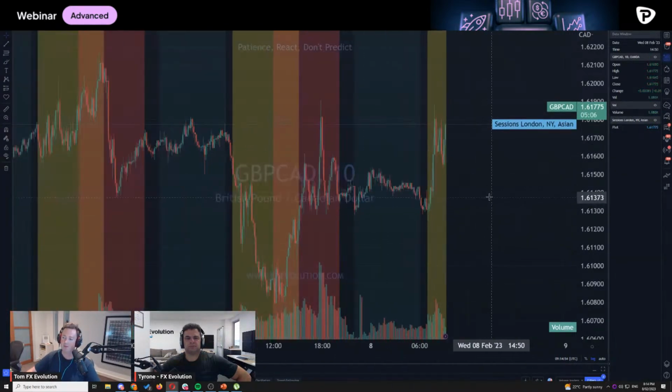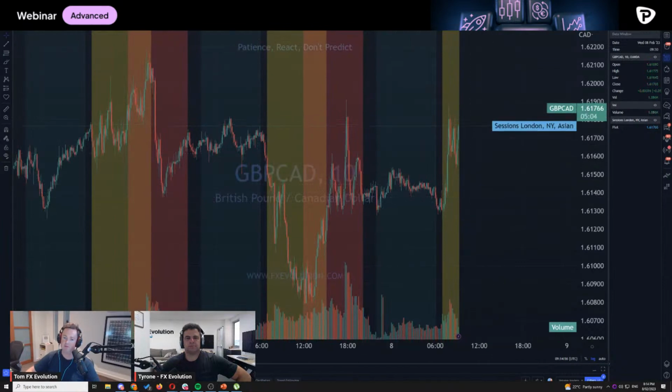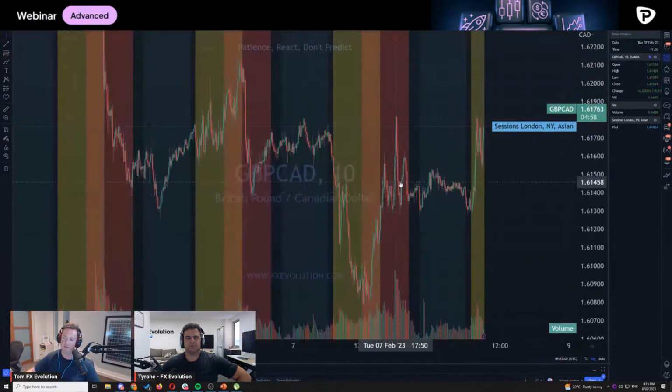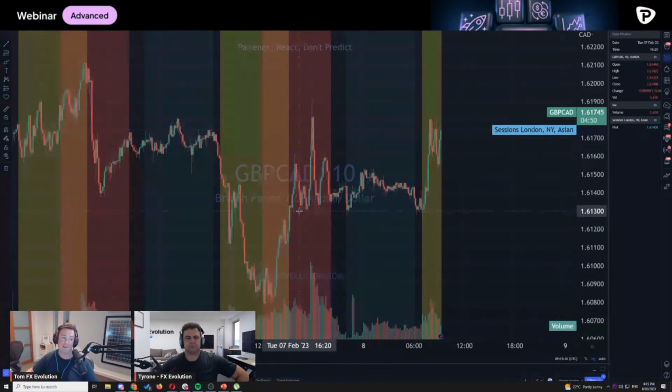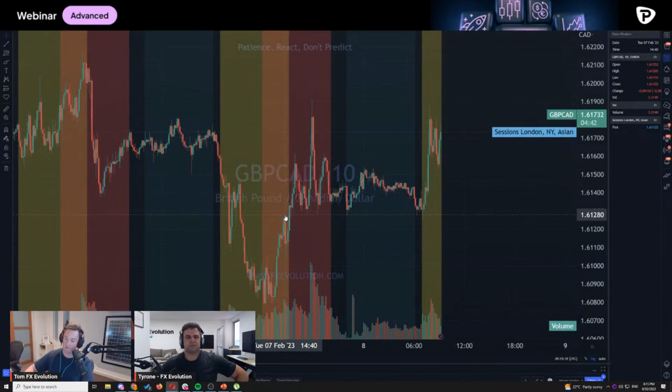So when we're talking about liquidity, of course, this yellow session is the London area. So this is the pound CAD. Now, whether it was the pound CAD, the pound US dollar, or anything like that, it's always going to be interesting to look at these particular types of pairs and to basically plan out your session based on the previous highs and lows. So if we plan out here and we think about our previous low, we can actually label that. We're going to put it here.